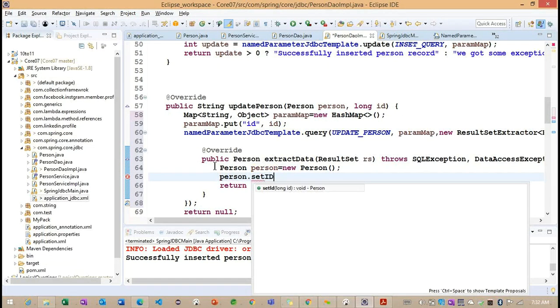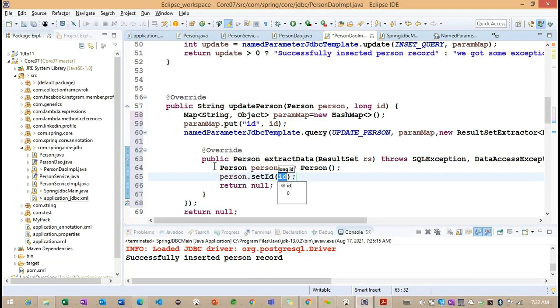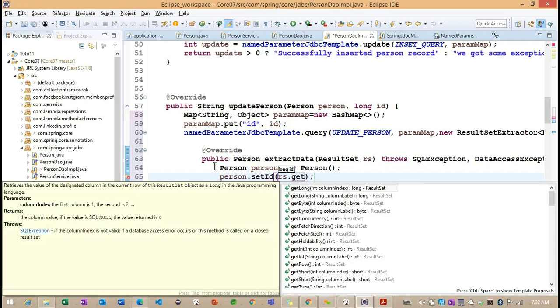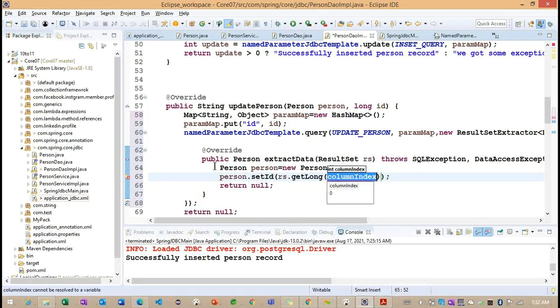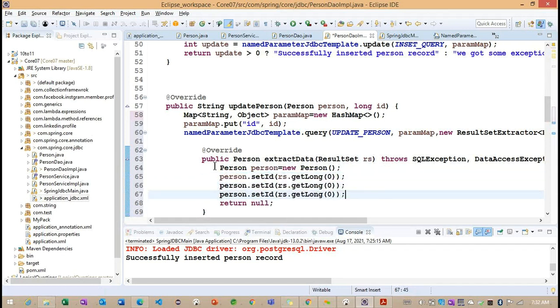So set ID, rs dot get long, 0. So first name, last name, full name and email.